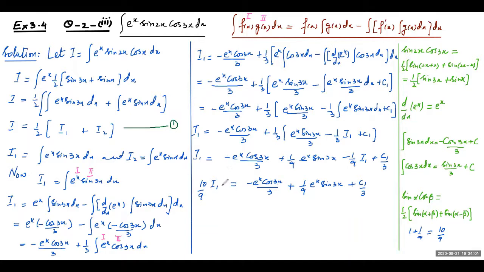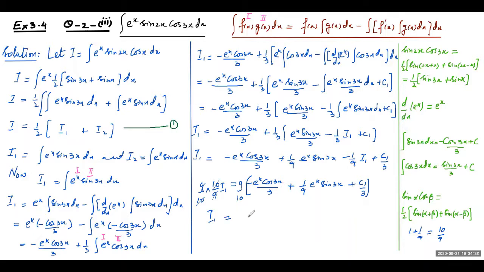Now what I'm going to do, I'm going to multiply both the sides by 9 by 10. I have 10 by 9 I1 here, and I'm going to multiply both the sides by 9 by 10 so that I get the value of I1. What do I get? This 9 by 10 and 10 by 9 both got cancelled, and I am going to get the value of I1, which is equal to,